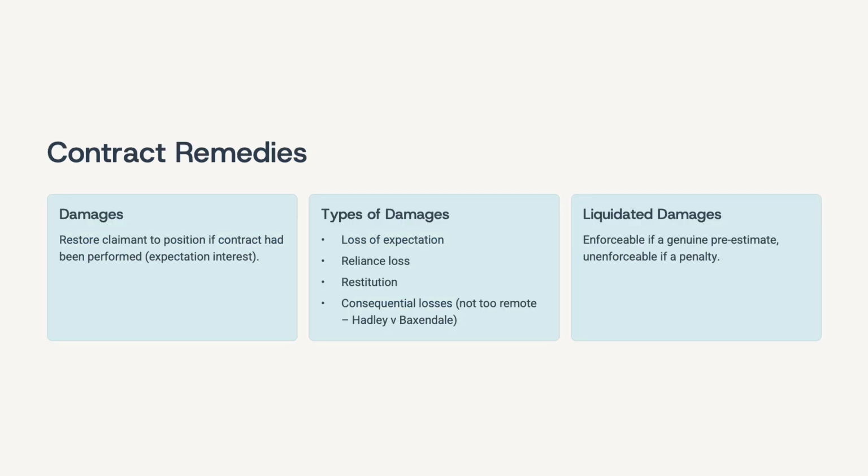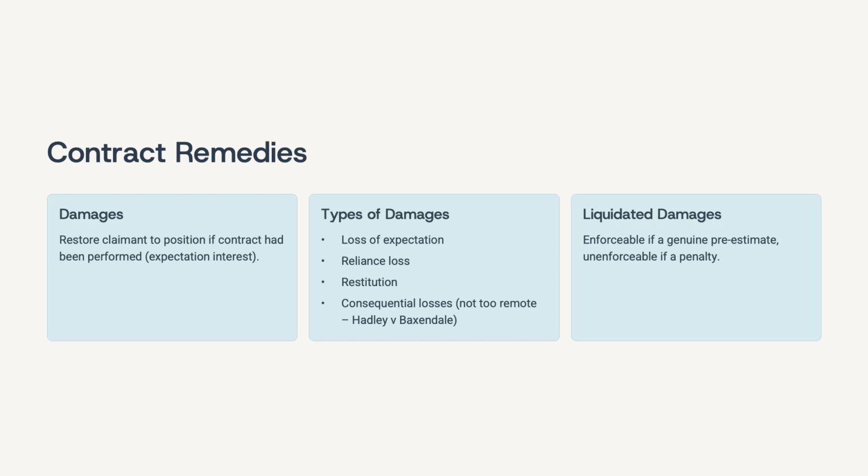So, to talk about remedies in contract, the main remedy is damages, compensation, the money matters. The aim is to restore the claimant to the position they would have been in if the contract had behaved itself, or was performed. We call this protecting the expectation interest, essentially getting what you bargained for without any dramatic courtroom punishment or sanctions.